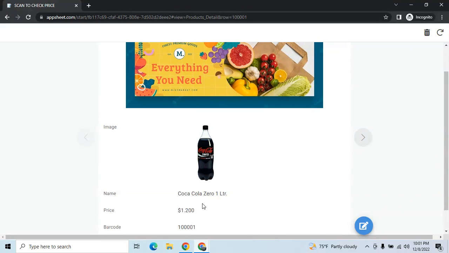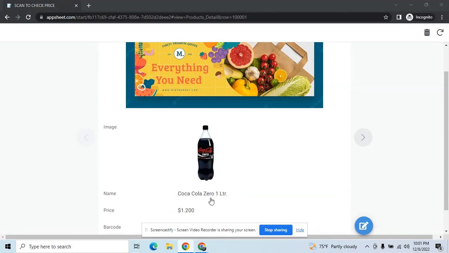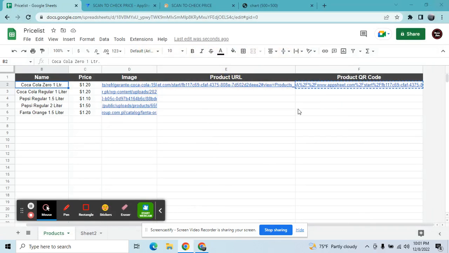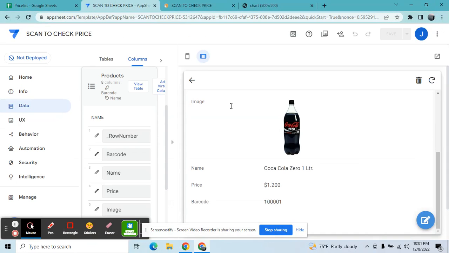Okay, it looks good and it redirects me to the AppSheet and redirects me to a product also, same as this. So now we know that our QR code is working. Then next, we're gonna close this, and then I'm gonna edit